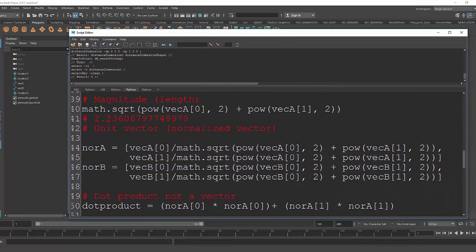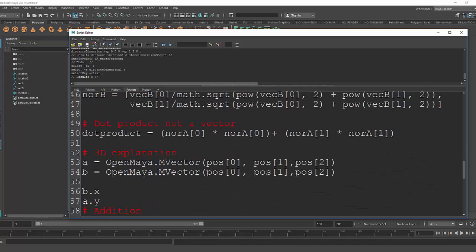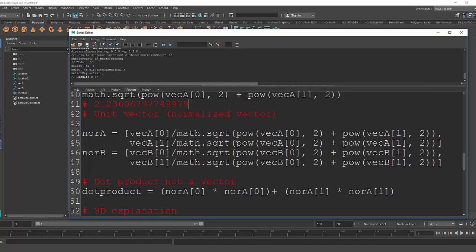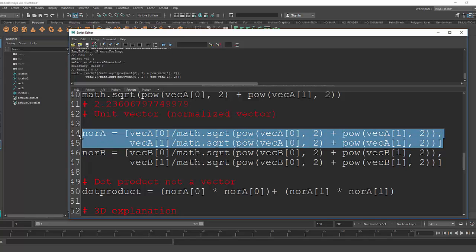It's a little bit more complicated, but don't be afraid, because when we work with MVectors, there are some modules, and we don't need this formula anymore. But now I just execute this formula or this line,